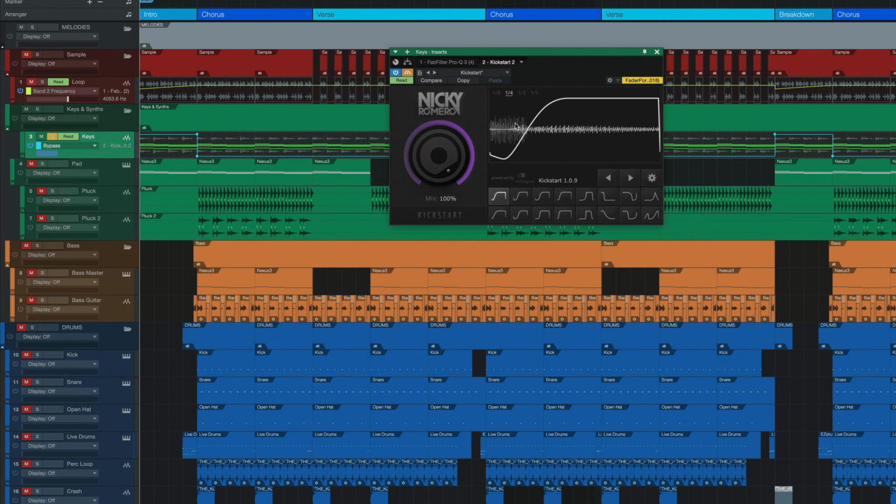Now, the way I did this was basically to automate the bypass switch on the tremolo effect, and you can do that easily by right-clicking on the bypass button and then hitting Edit Automation Bypass. Once you do that, like before, you can start to draw your automation on the automation lane to get exactly what you want. But there you have it, 3 of my favorite techniques to help make your beat arrangements more interesting. In summary, we covered using contrast to differentiate between different sections to keep things fresh, creating movement with things such as percussion and modulation, and then finally using automation.